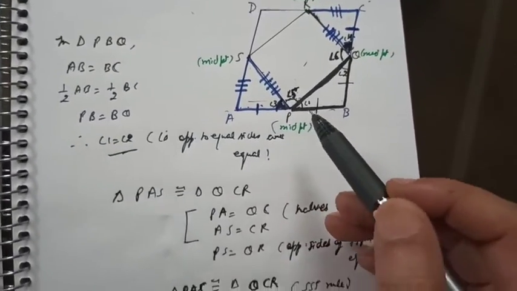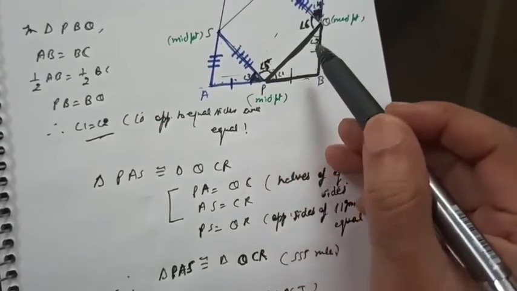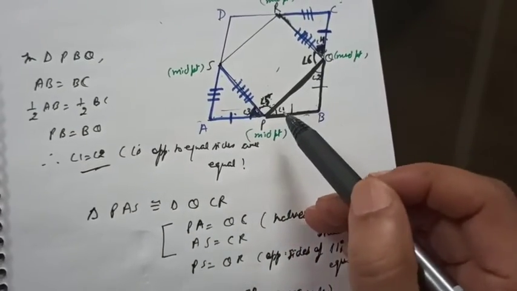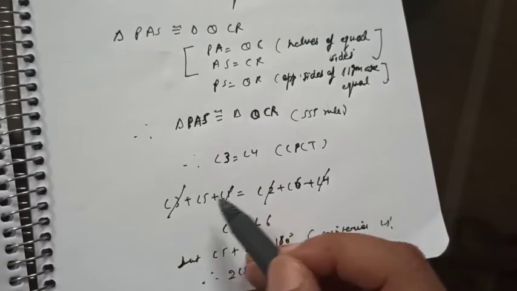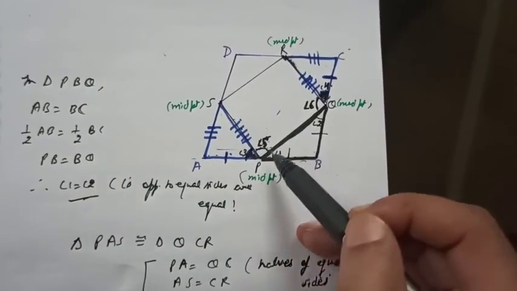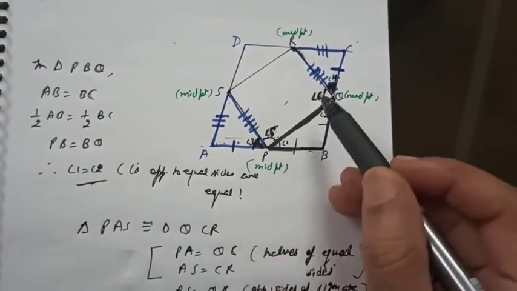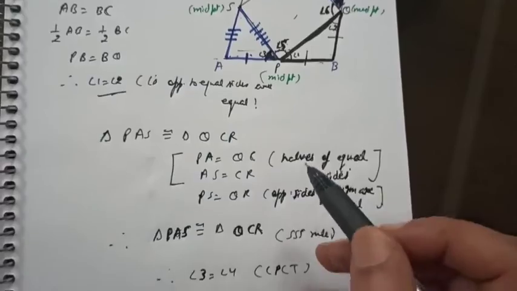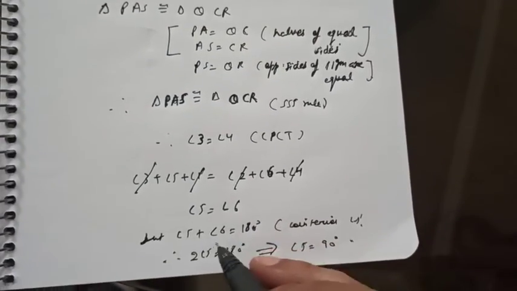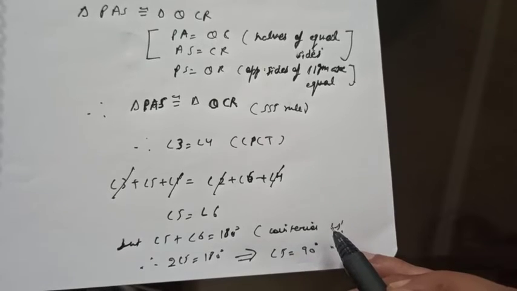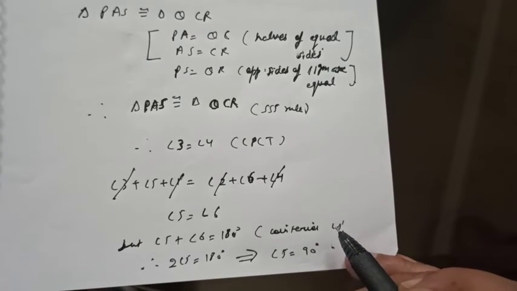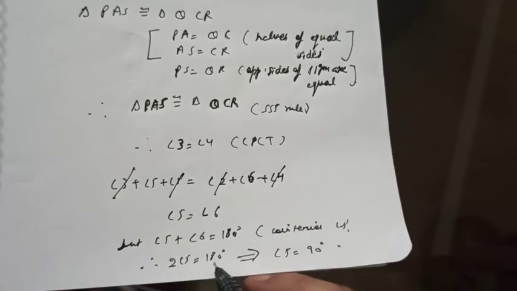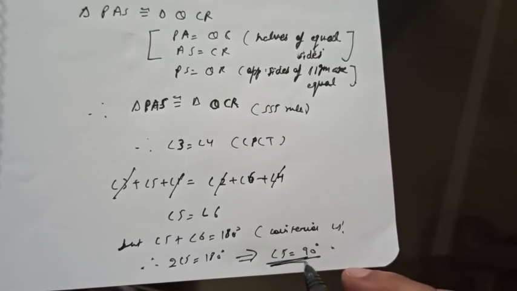right? After that what I did was this total is 180, this total is 180, तो उसमें 1 और 2 कट जाएंगे because proved in here in this black triangle, और 3 और 4 कट जाएंगे, right? Because of CPCT of these two triangles, and then I'll be left with 5 is equal to 6. But angle 5 plus angle 6 कितना होता है 180 degrees, because they are co-interior angles of the parallelogram which I've already proved. तो twice of 5 is 180, तो angle 5 कितना आ जाएगा 90 degrees.